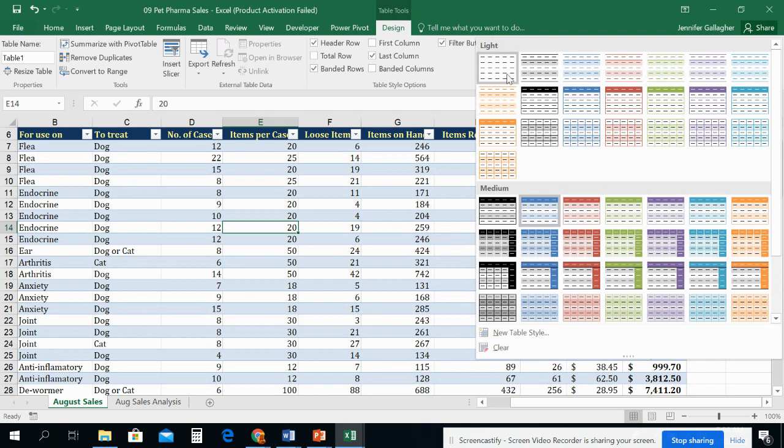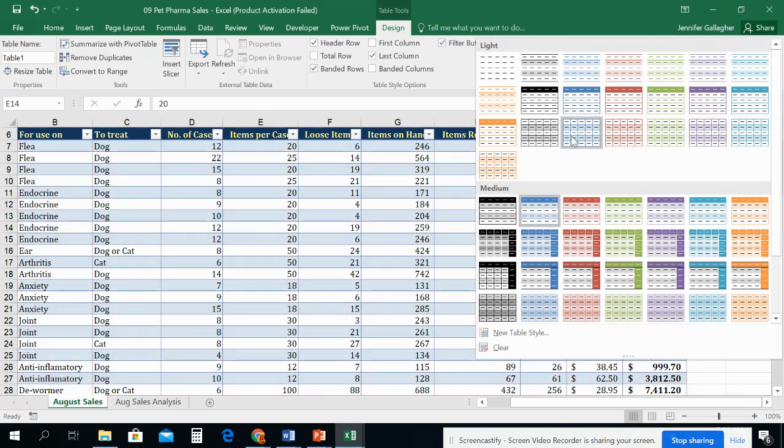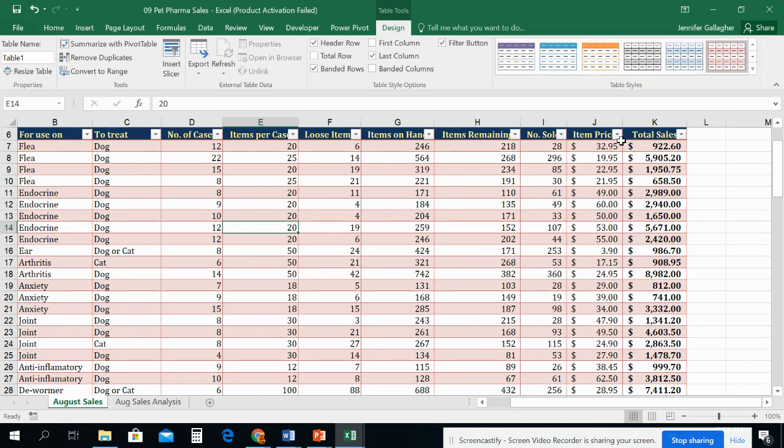So we're up here at light this time, and we want 17. Now the upside is that these are in order, so you don't have to hunt around, you just have to find where the number is. So I'm going to click on this. Now it's a shade of red. So that's as easy as you can do about changing the formatting, or the styling, I should say, on the